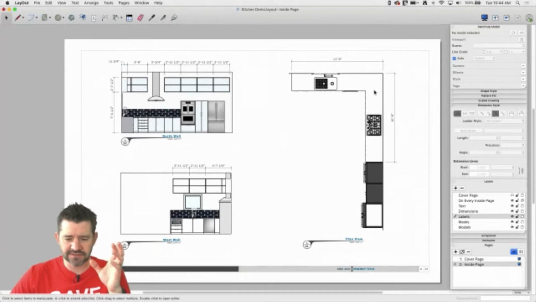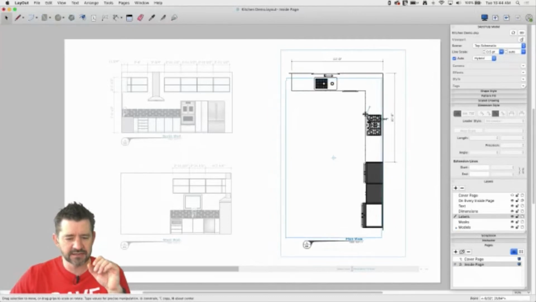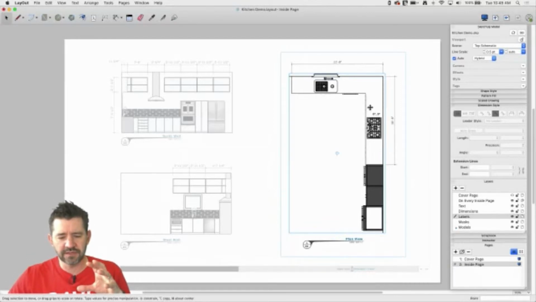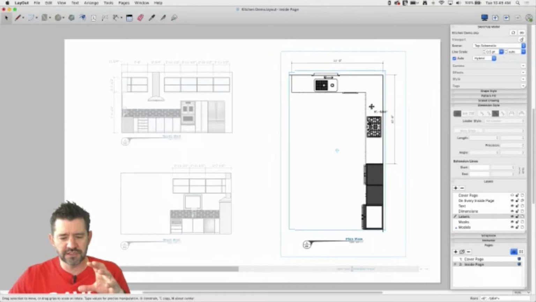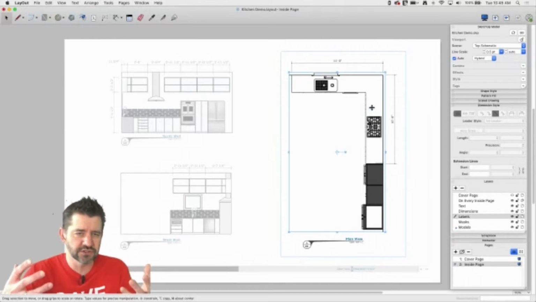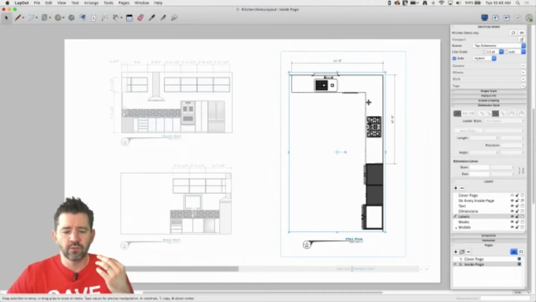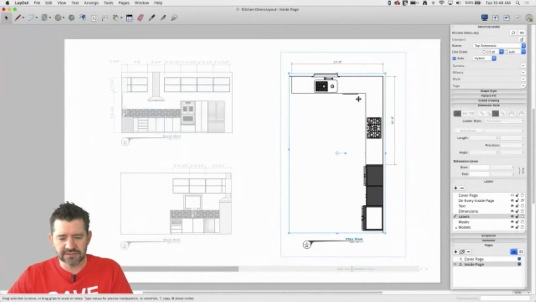So I'm gonna go ahead and turn on grid snap real quick and just show you what this means. I'm gonna come in here. What grid snap is gonna do is it's going to make you snap to a predefined grid. So you can see as I'm moving this around how it's jumping like that. That can be okay in large strokes. So what I mean by large strokes is like if I have, I'm just putting in my documents, my original layout documents, or my SketchUp documents, I'm dropping them in and I just want to kind of put them on there. Once any kind of finesse comes along, I'm gonna Control Z a couple of times